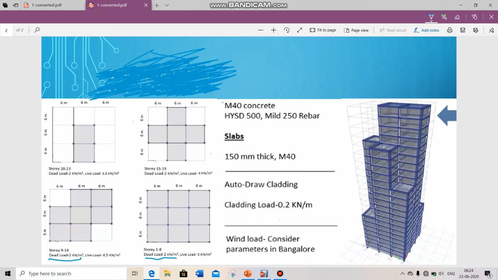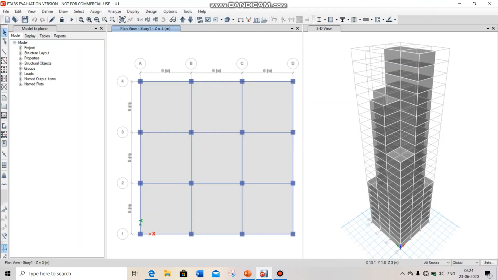Story 15 to 19 dead load is 2 kN per meter square, and similarly story 20 to 23 dead load is 2 kN per meter square. That's why you can assign the dead load in all stories by selecting all stories.